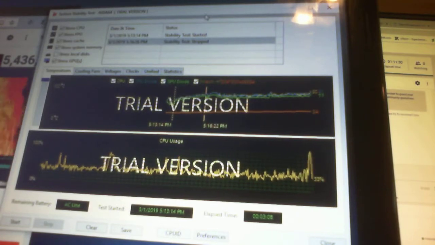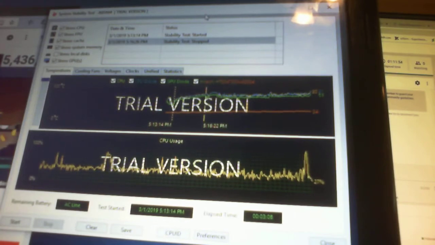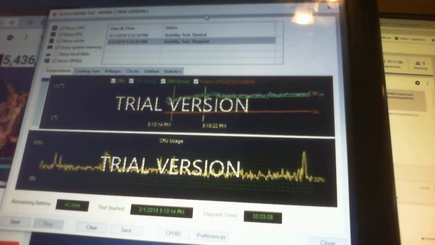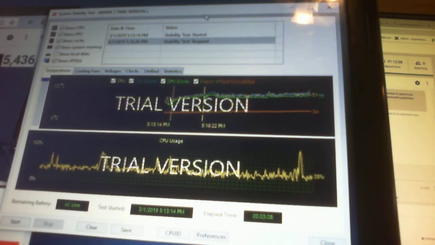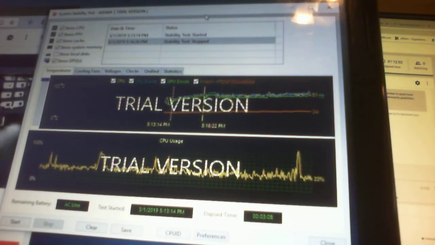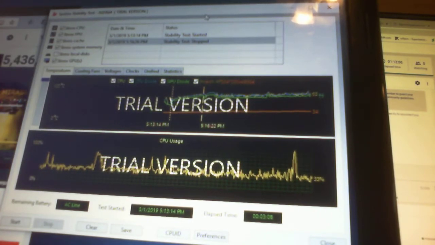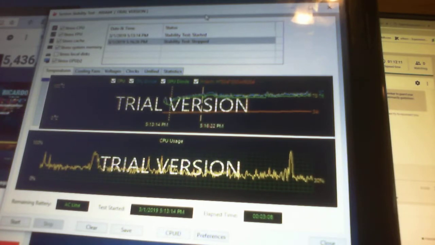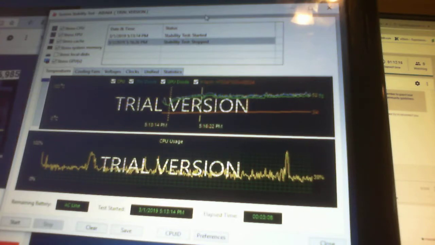Like, do I know my thing? Geekbench? It does seem to have a benchmark. Yeah, if you press start, it will peg your CPU at 100% to generate as much heat as possible. Yeah, I don't know if that's a good